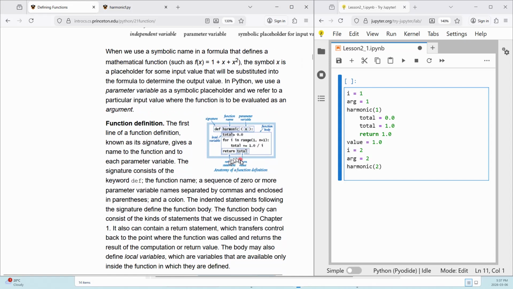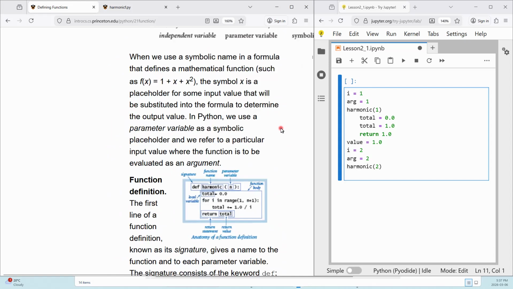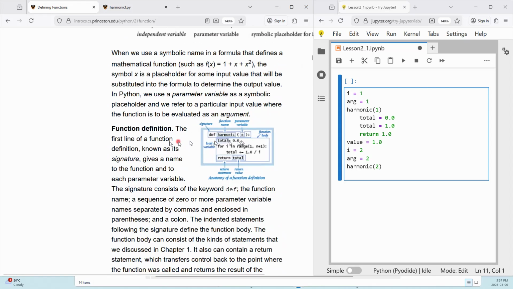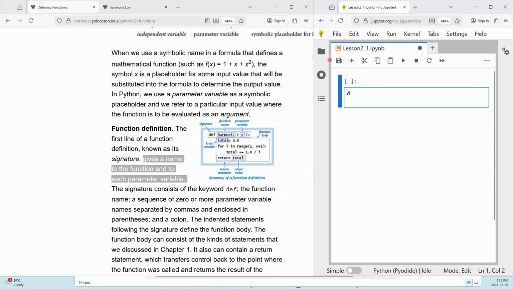All right, so let's look at the function definition again. Try and zoom in here. The first line of a function is a definition, known as a signature, giving a name to the function and to each parameter variable. So we can say def harmonic. This is the name, or the signature, of the function. You can call it whatever you want, but this is a signature. The signature consists of def, the function name, harmonic,